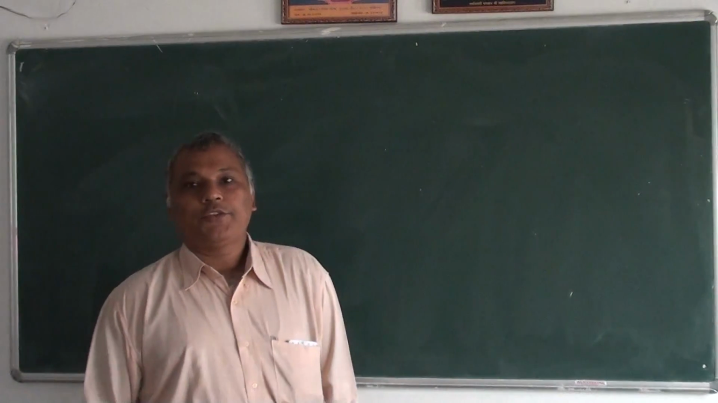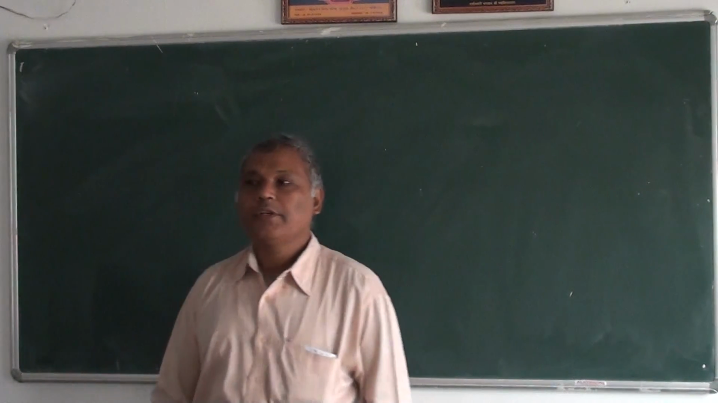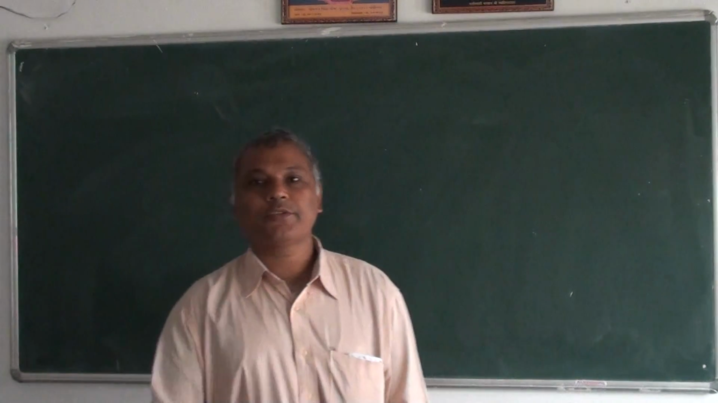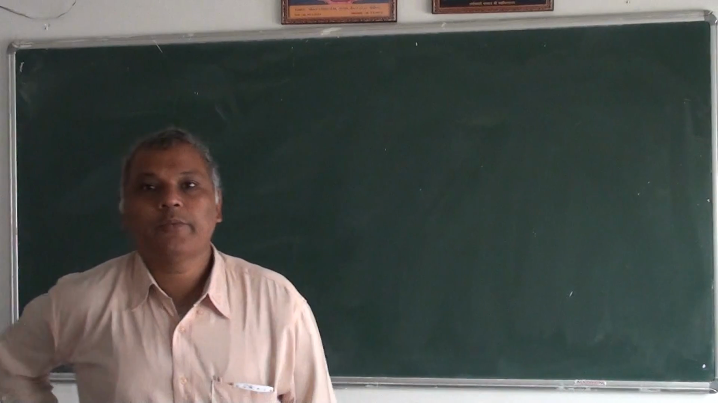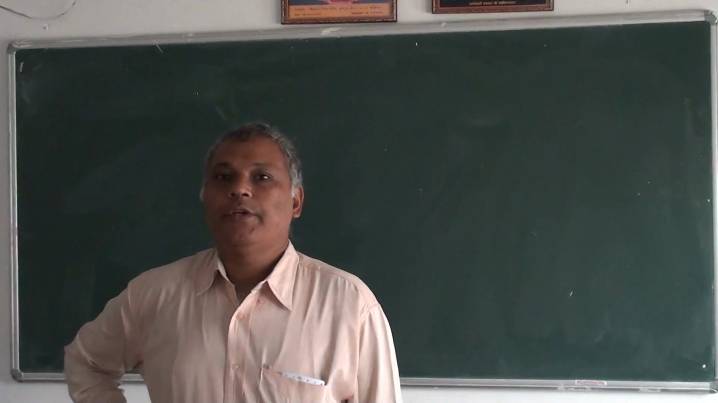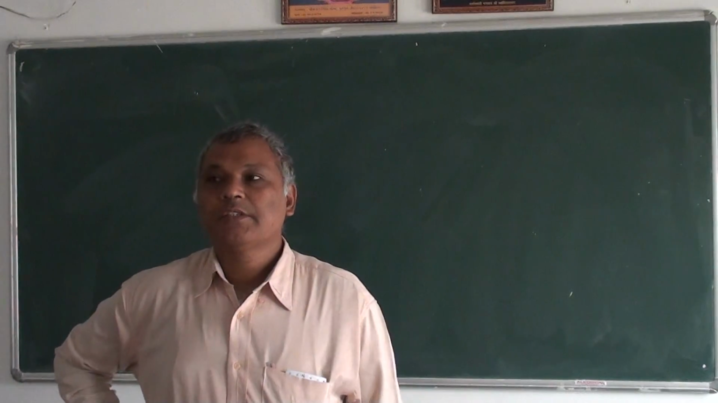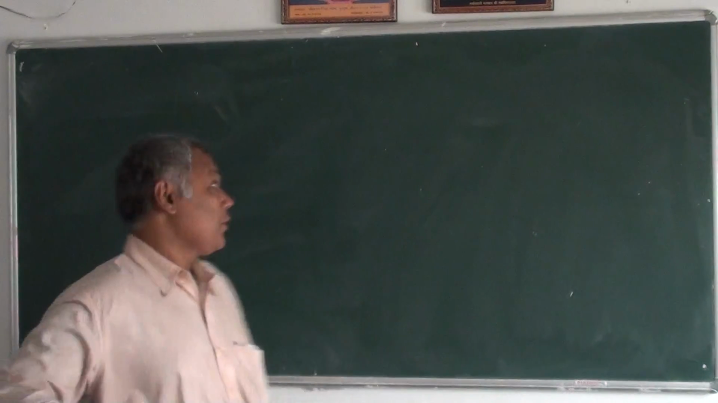We are studying chapter number 7, chemical equilibrium. One part of that chapter, that means 50% of the chapter, chemical equilibrium, we have done. Today, we are going to start with ionic equilibrium, which is the second part of the chapter. We are going to study